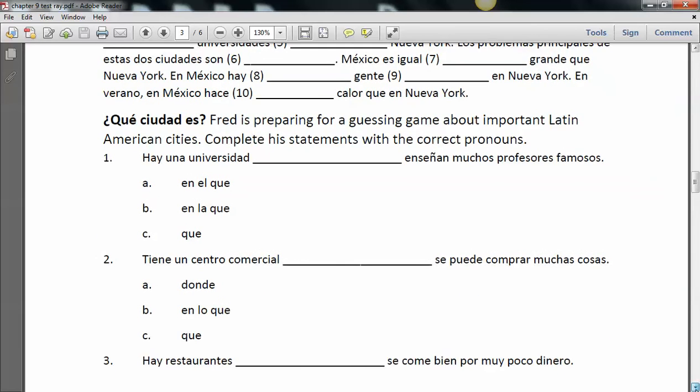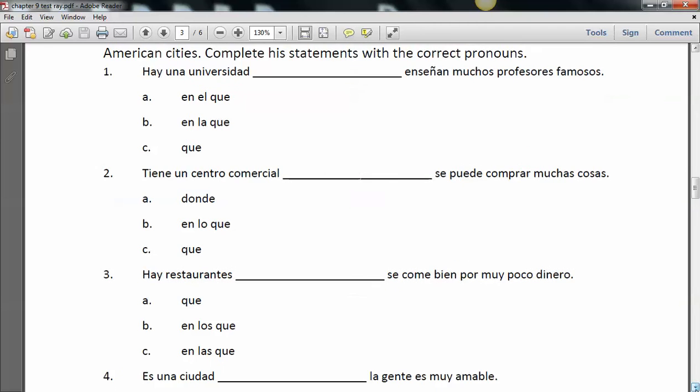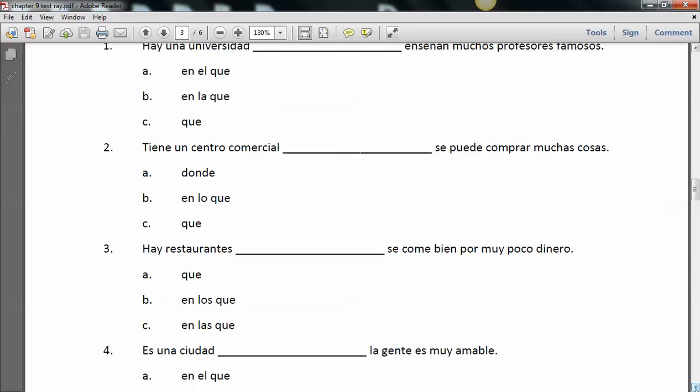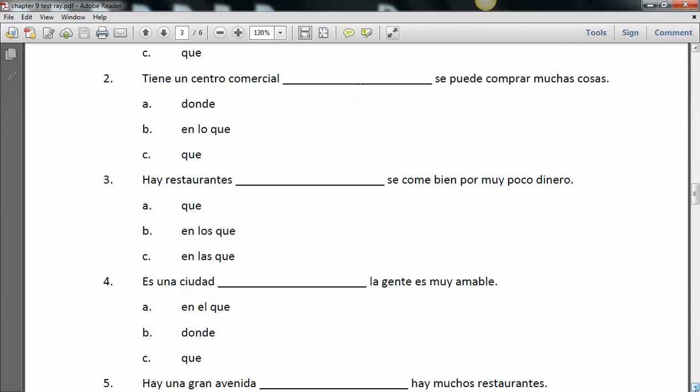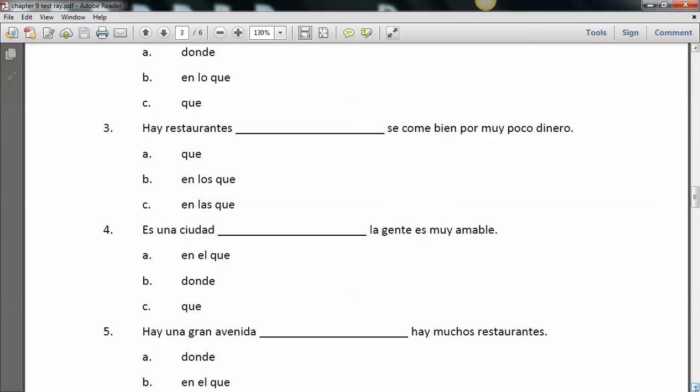Fred is preparing for a guessing game about important Latin American cities. Complete his statements with the correct pronouns. This is what we talked about in class today. So decide whether you can just use que or if you need a form of el que or one other relative pronoun. So remember that when we use el que, it's got to go with the article.